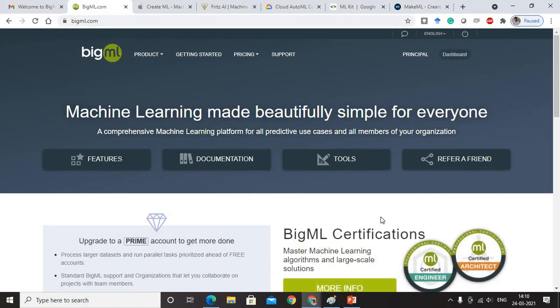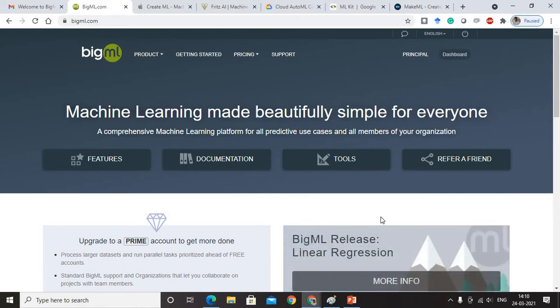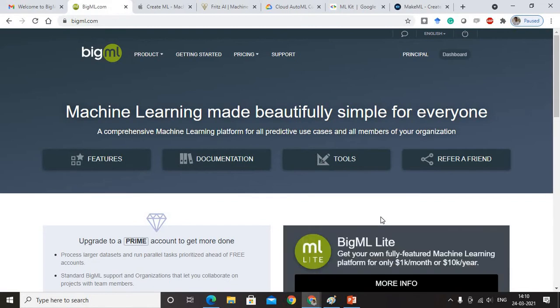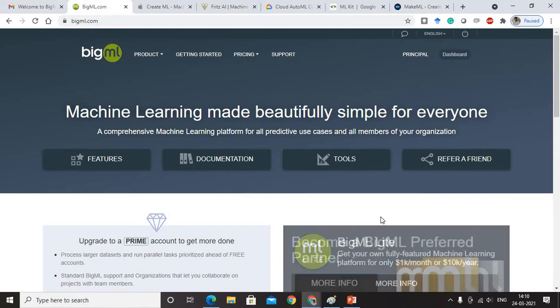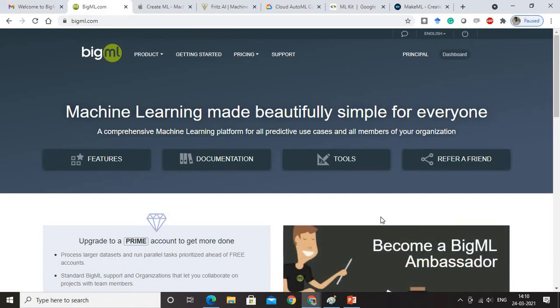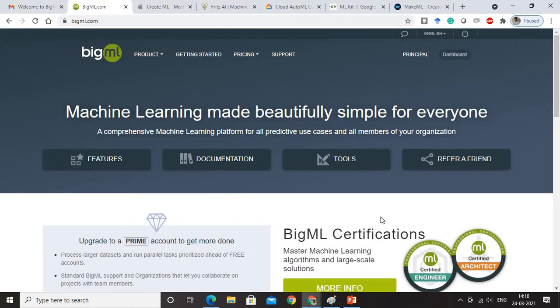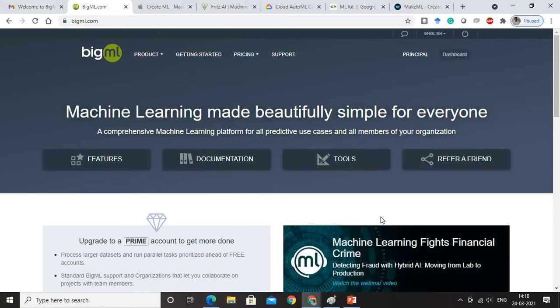Is there a chance? Yes, there is a chance, and there are many tools available, out of which I have picked around 6 tools for you today, which I am going to just hover through so that you can understand how exactly it works. There are many tools that you can start using, and it's going to help you in building your machine learning application just without any code. It's very easy. Right. The first one is BigML.